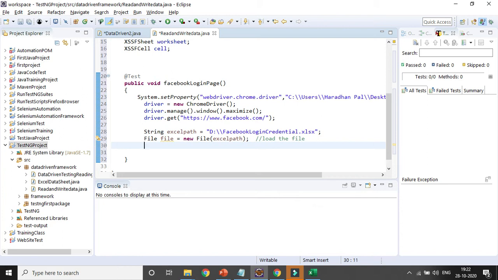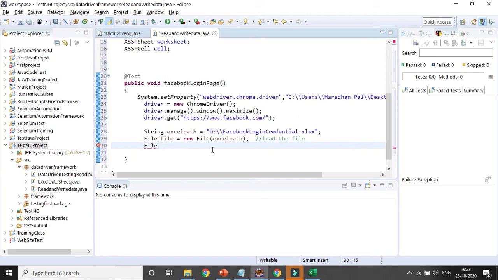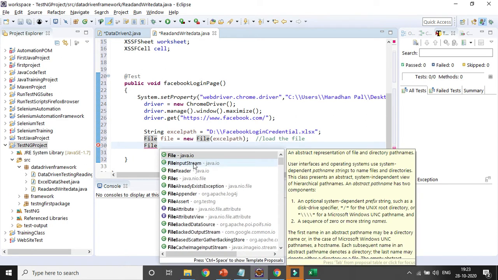It is FileInputStream, through which I can read the file. If you do not know, type File and press Ctrl spacebar, and all the classes will be displayed here. So FileInputStream, you can see this is in the java.io package.